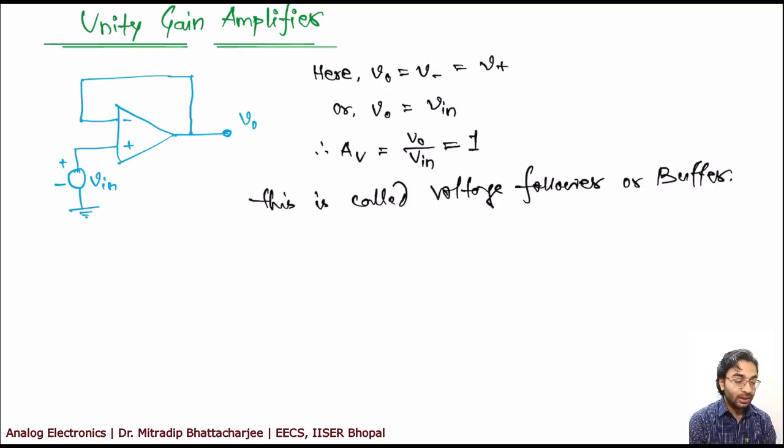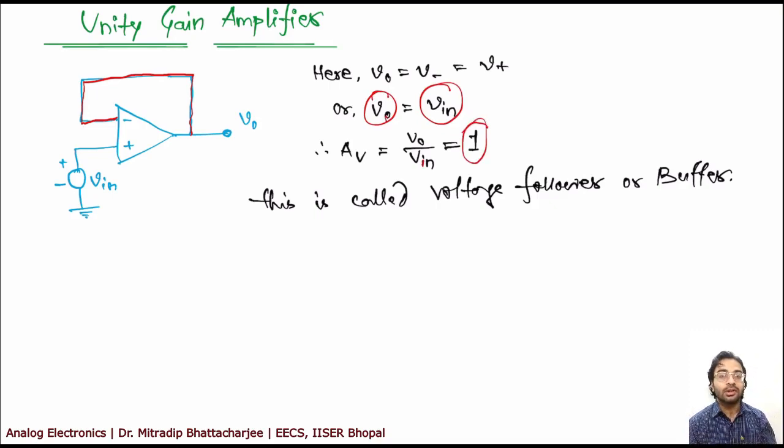Now similarly, we also have a very strange circuit which is known as the unity gain amplifier, where we have connected the input with the output without any feedback resistance. Now in such a situation, your Vout will be your Vin. So Vout by Vin will be 1. That's why it is called a unity gain amplifier. Now why is this important? This type of circuit is important as a buffer,